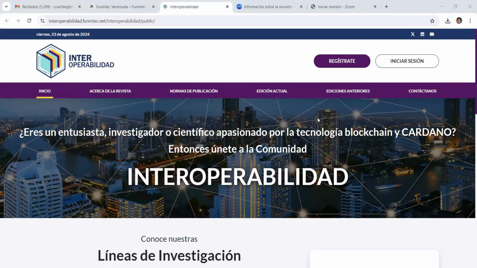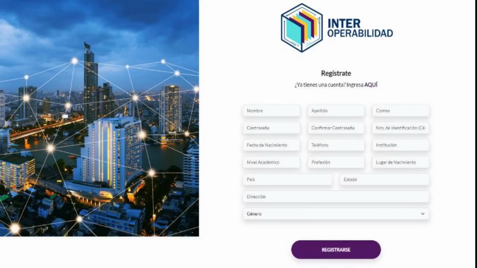To show the different functionalities of the Interoperability Journal platform, in this video, we alternate between the different profiles, and some internal operational functions will be shown, such as approval of applicants, reception and approval of proposed publications, and some notifications. Once the reader user registers, the system will ask them to complete their personal information, and then enter the system with the reader profile.